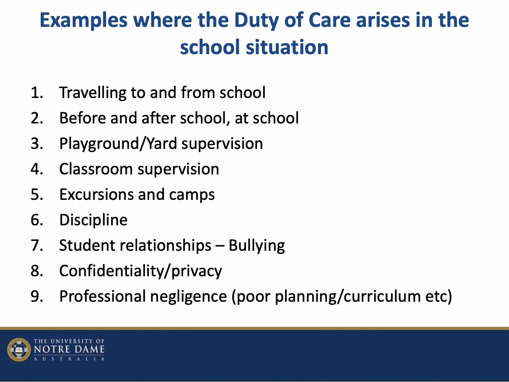And the final aspect there is professional negligence. So if in your employment as a professional teacher, your planning is incomplete, you have not handed in your units of work or curriculum plans, or you've failed to meet your reporting requirements, then a member of admin or your principal will be able to have a meeting with you, and there's a process in place for managing your performance. You can learn more about that when you end up being employed. It will be part of your employment contracts and codes of conduct, which will point to some of those processes should they be required.